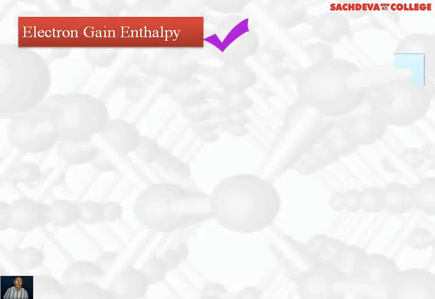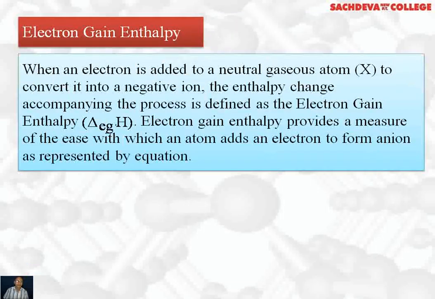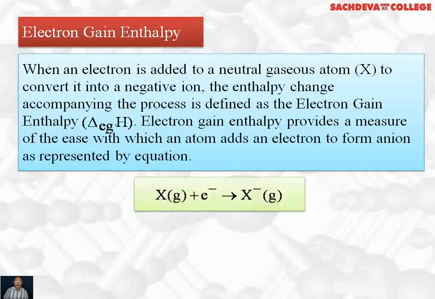Next topic is electron gain enthalpy. When an electron is added to a neutral gaseous atom X to convert it into a negative ion, the enthalpy change accompanying the process is defined as electron gain enthalpy. Electron gain enthalpy provides a measure of ease with which an atom adds an electron or gains an electron to form an anion, represented by the equation X in gaseous form gains one electron to form X negative in gaseous